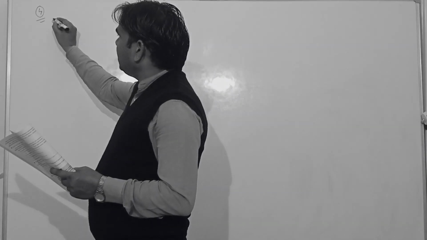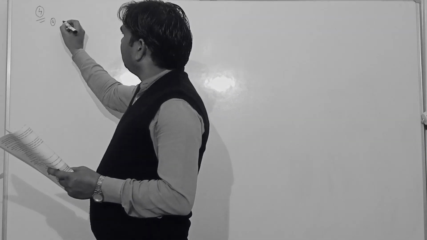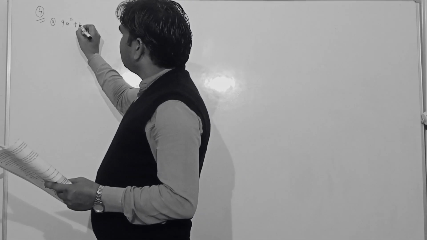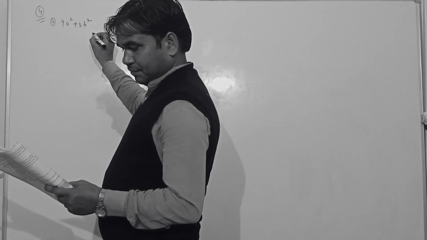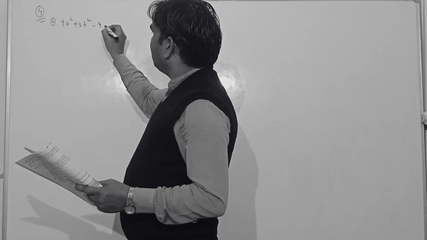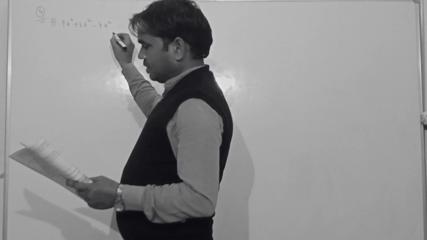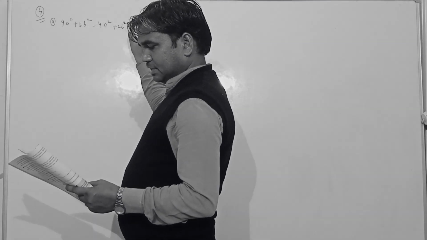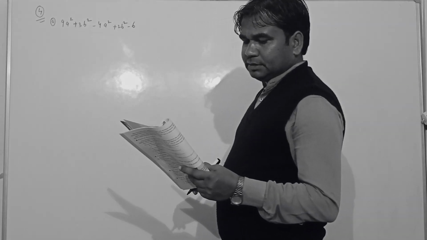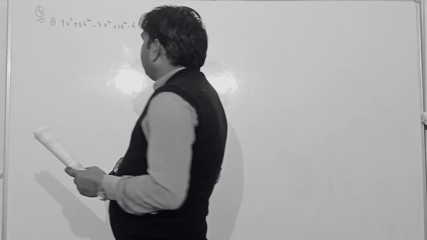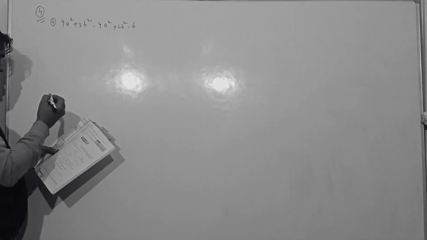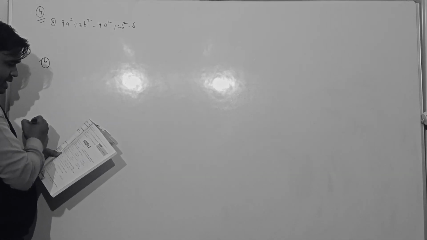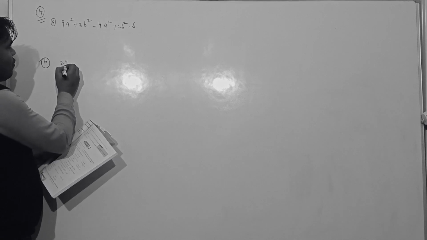That is the A part. The A part is 9a square plus 3b square minus 4a square plus 2b square minus 6. And in the B part, students, you see that we can write here 2yz